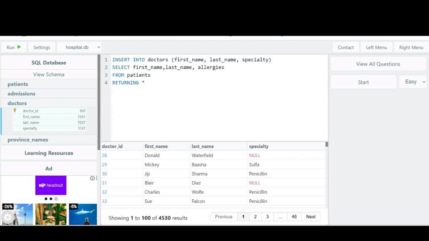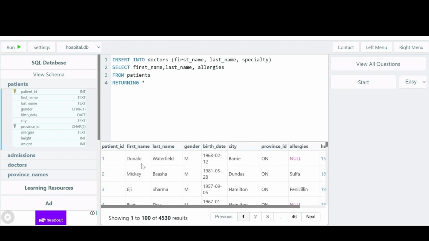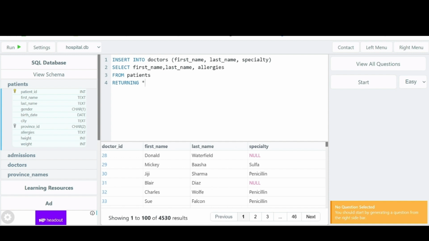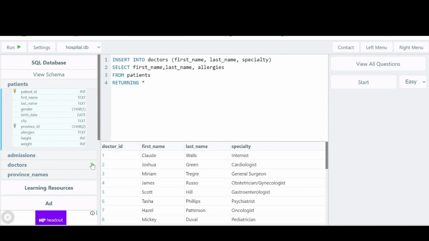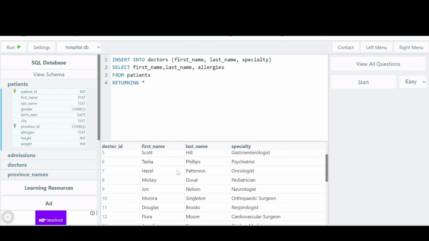All right. So Donald Waterfield, specialty null, and number 29, Mickey Basha, and the allergy is sulfa. Let's take a look. Mickey Basha, allergies, sulfa. All right. Okay, so another way to verify that this is inside the actual doctor's